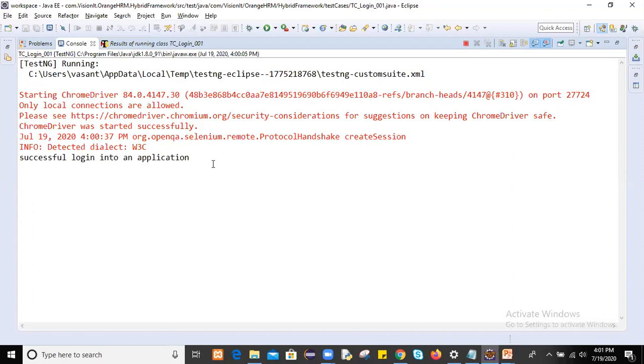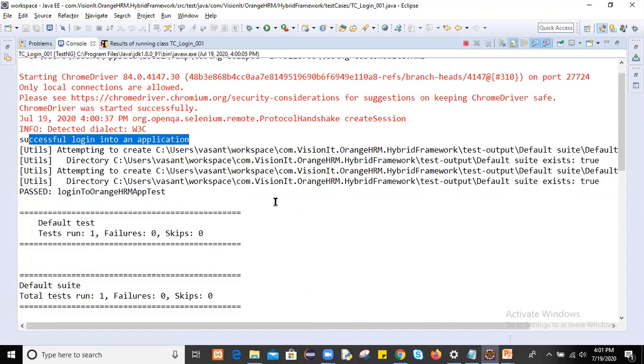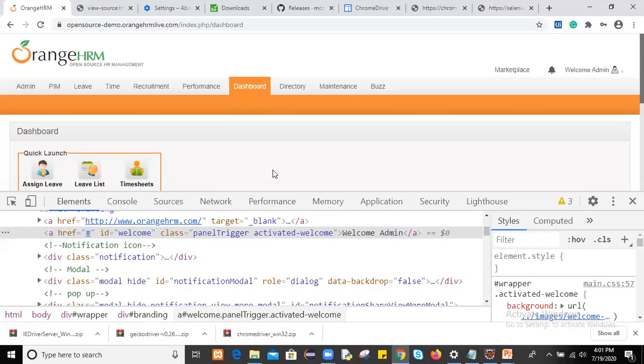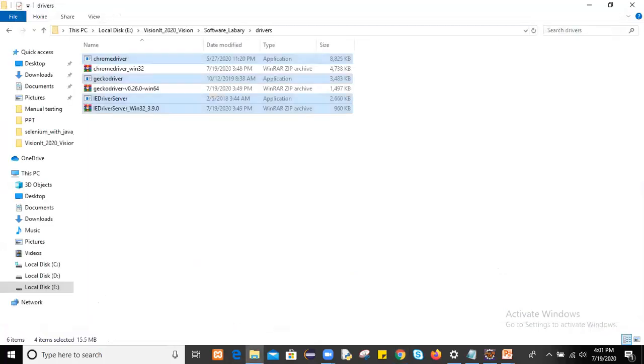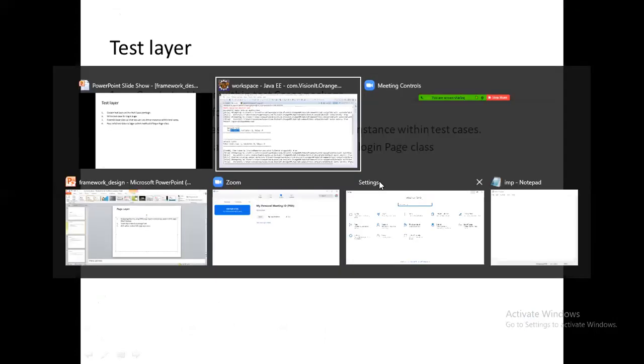So directly it is saying successfully logged in to the application. So the test case executed once, but it did not display the browser. What I will do is close all these things here, and we'll execute once again.